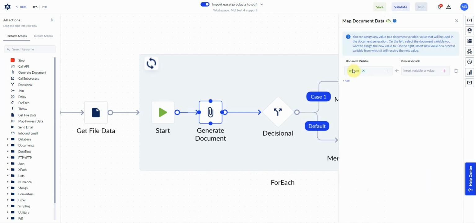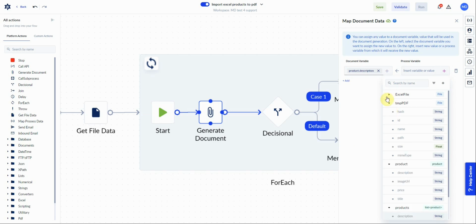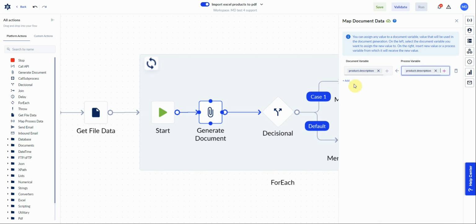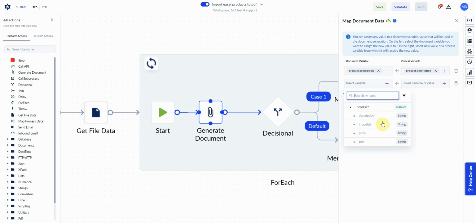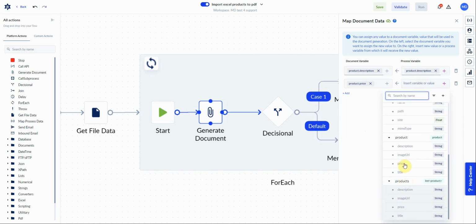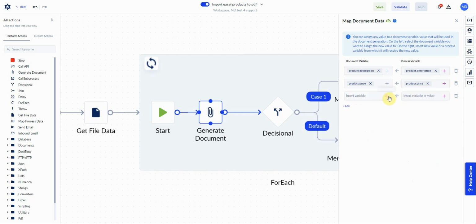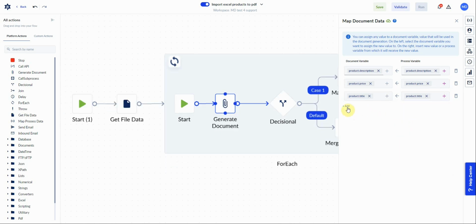And let's map the product description to the product description. And we're going to map the price to the price, and we're going to map the title to the title, and then map the image field